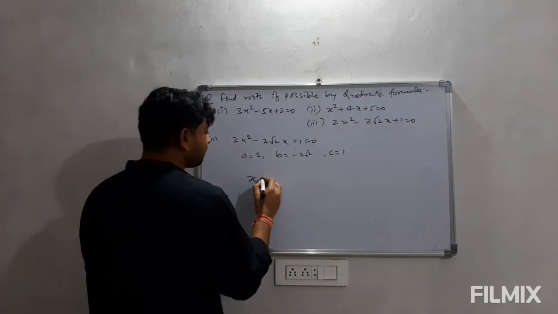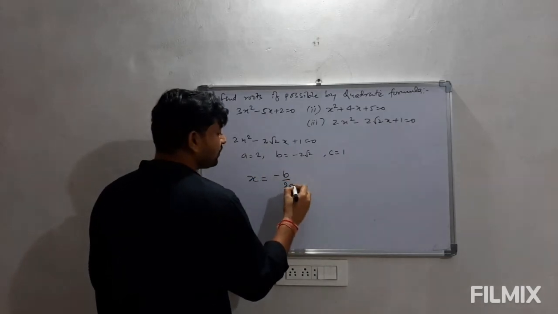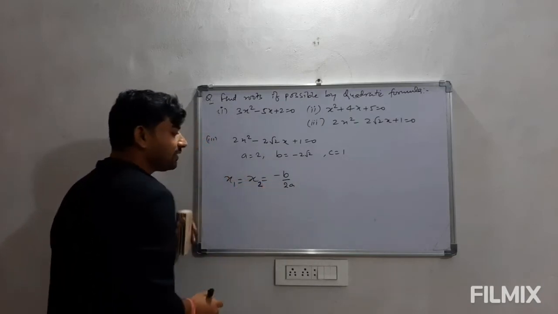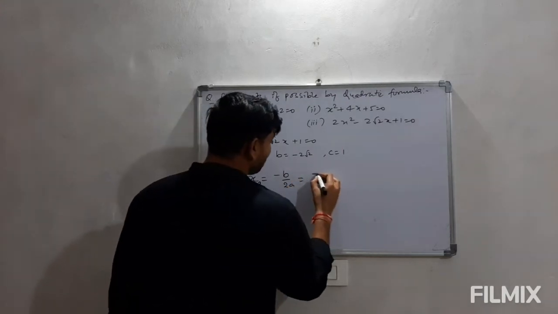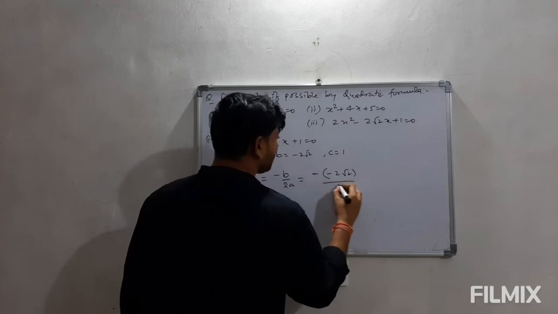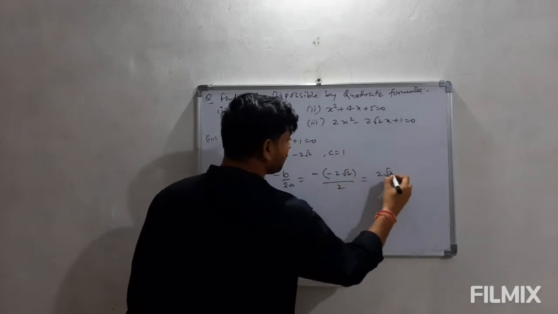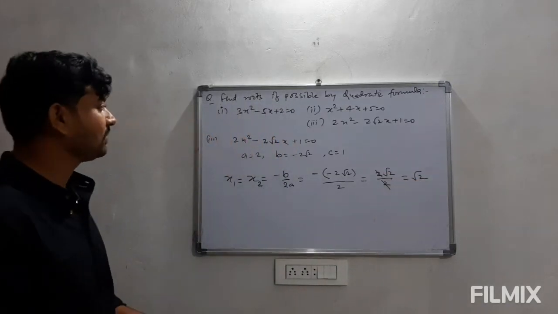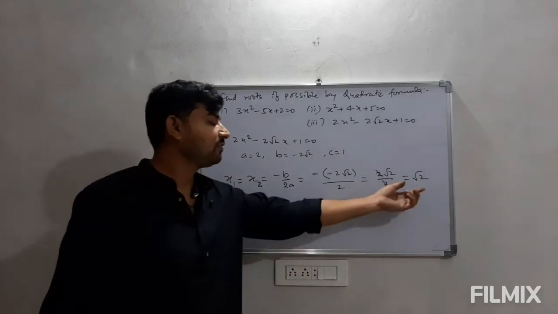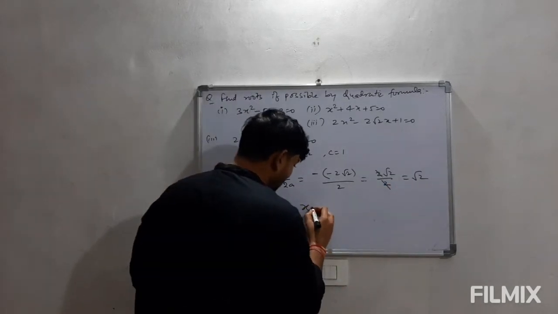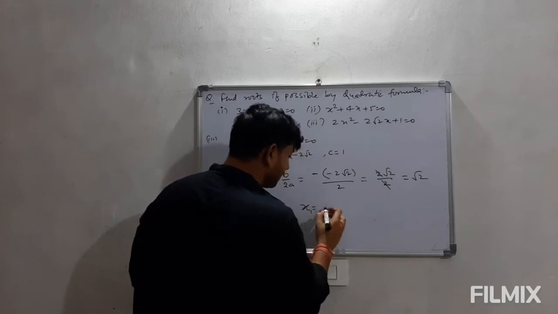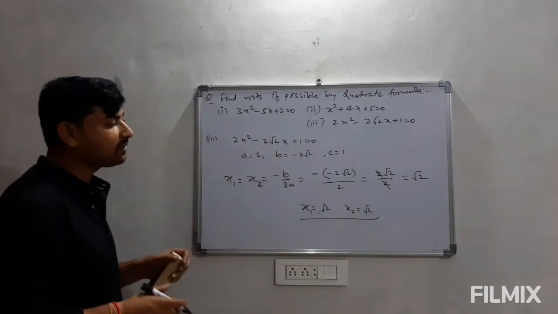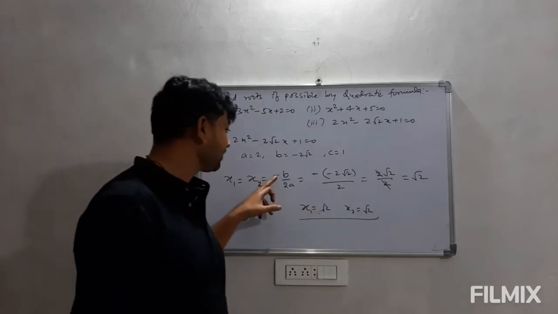It's very simple. In case of equal roots, the roots are nothing but minus b upon 2a. So x1 and x2 are both the same, minus b by 2a. So directly we can write the value, minus of minus 2 root 2 upon 2a, that is 2 into 2. So from here we are getting 2 root 2 upon 2, which is nothing but root 2. So here the value of x is root 2 and root 2 only. Means we have only two values that are equal, that is x1 is root 2 and x2 is also root 2.